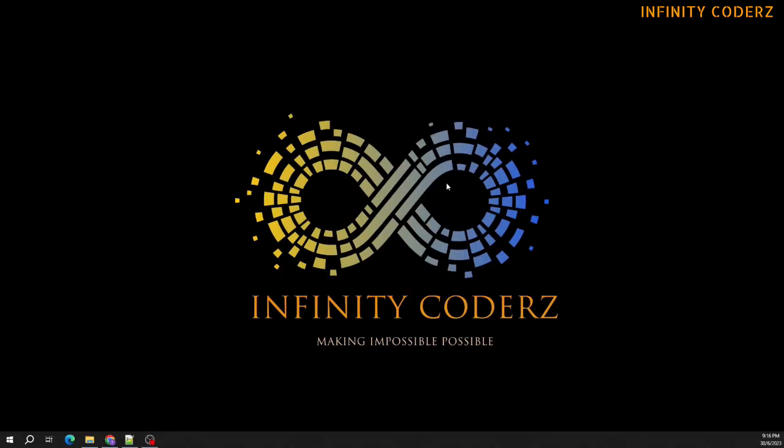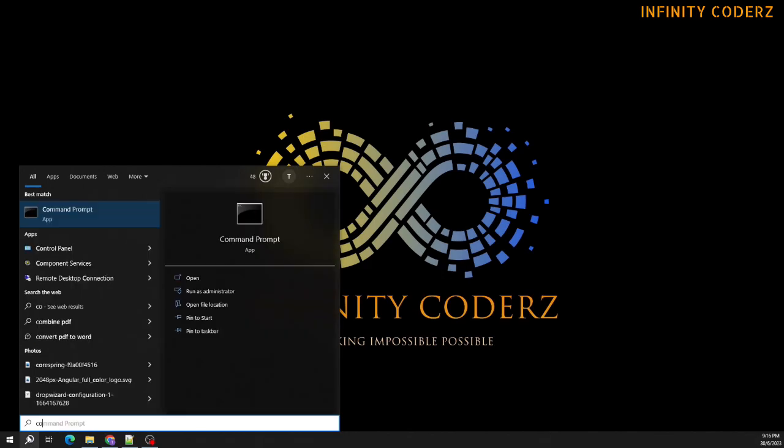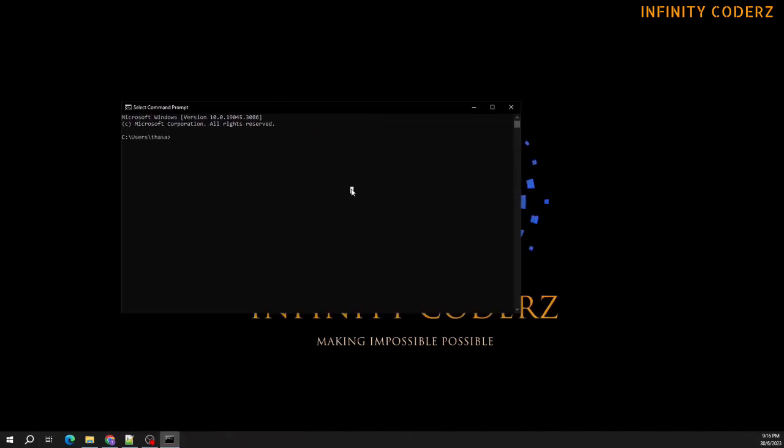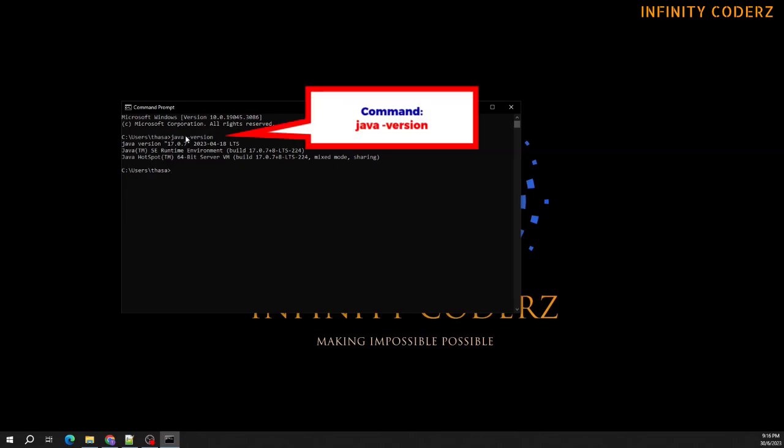Let's check the Java version before continuing to the environmental setup. Just open a command prompt from the Windows search, and once the command prompt is open, please type java -version. This will show if you have a Java version installed on your PC.